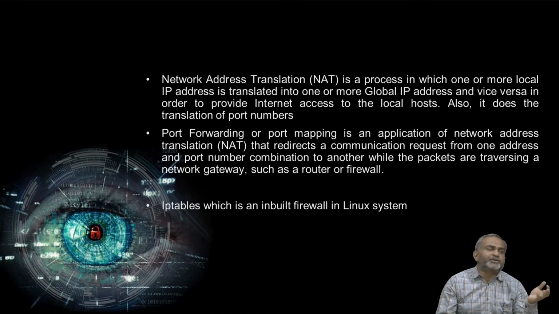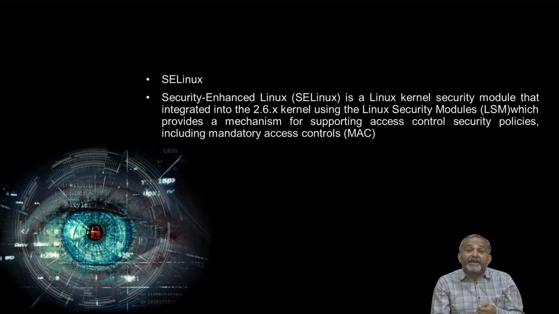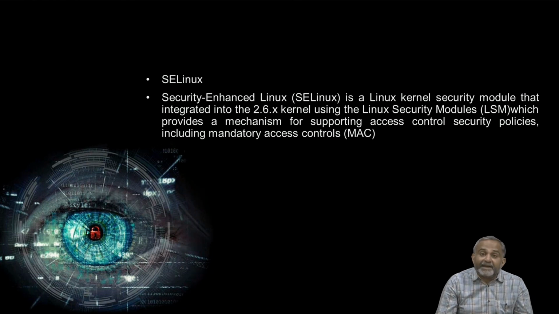Port translation, port forwarding or port mapping is important because sometimes it is very essential to hide the real port number from attackers, so they cannot directly launch an attack. At that time the port forwarding facility is available, and